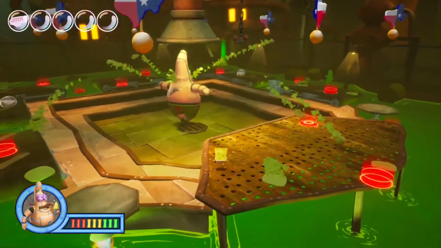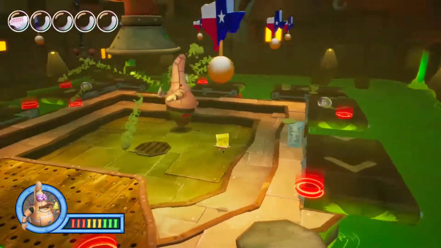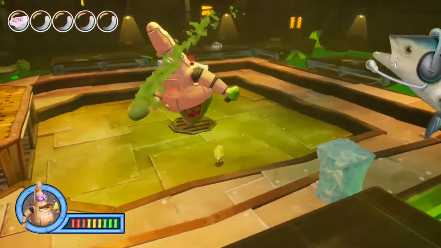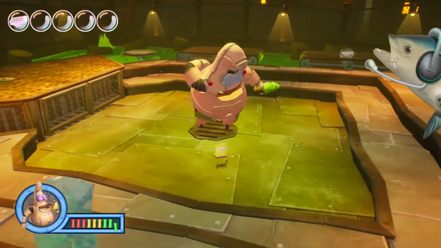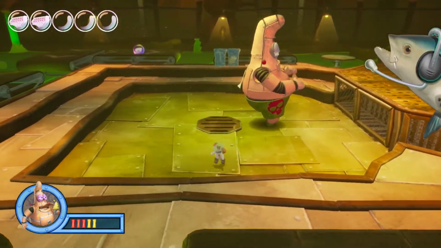Okay. And Patrick is an actual boss. Like, actually. He's pretty difficult. His first wave, I'll give it to him, it's pretty easy, to be honest. I'm not even gonna lie. His first wave, not a challenge at all. Am I right? But once